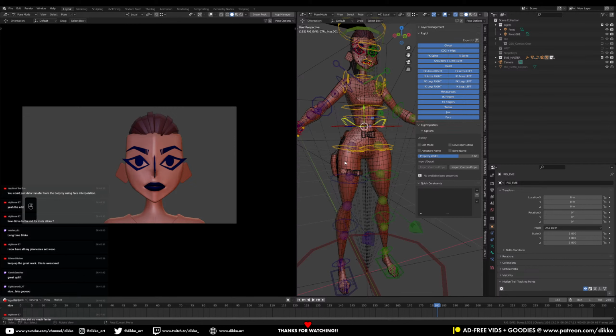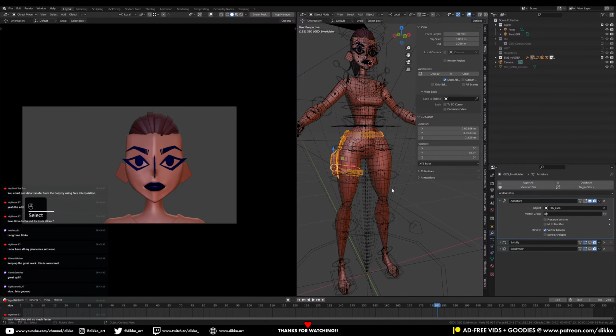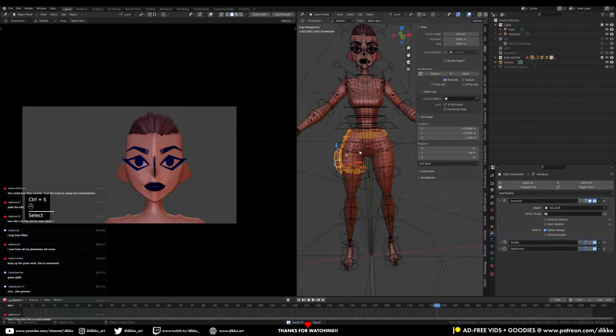Yeah. I use vertex interpolation because I find it to be more reliable, and it transfers the vertex groups really well. So I like that. I like the vertex interpolation more. But if we go now to